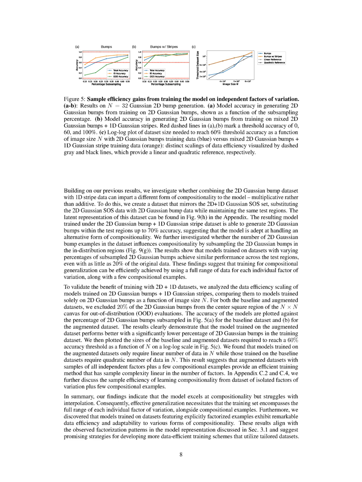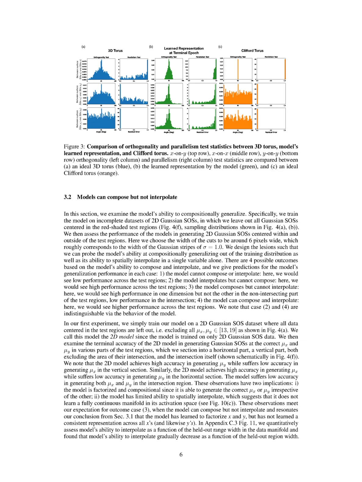In our experiments, we illustrate compositional generalization through the generation of 2D Gaussian bumps by training the diffusion model on datasets that include isolated factors of variation. For instance, we trained the model on a dataset of 2D Gaussian sum of stripes, SOS, while deliberately excluding certain Gaussian SOS from specific test regions. When tested, the model demonstrated the ability to generate Gaussian SOS centered in these excluded regions, effectively combining the learned features of the training data to produce novel outputs, such as generating a Gaussian SOS at coordinates that were not